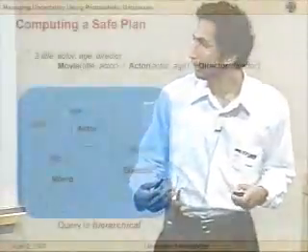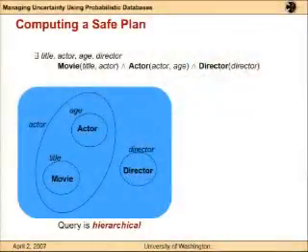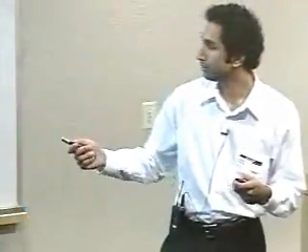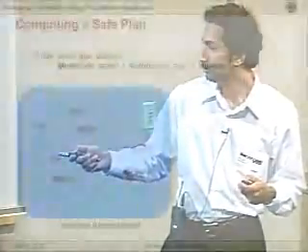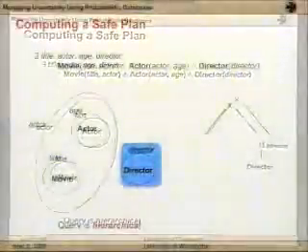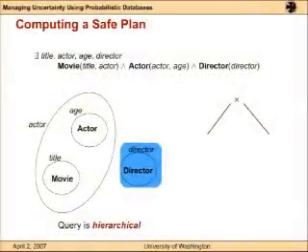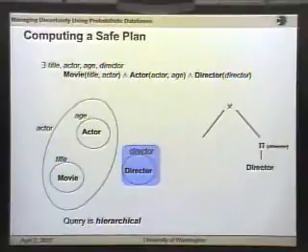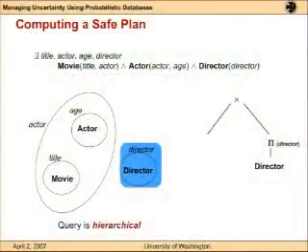And given such a query, we know how to compute the safe plan. And it is as follows. So you work top down. You look at the whole graph, and you build a plan recursively top down. So this graph has two components. So whenever you find two components, you make a join. The right side would be a plan for this component. The left side would be a plan for this component. So then you go into the right side, and this has a single component with top attribute director. So in that case, you do a projection that removes that attribute, and then you go inside. That's the rule.